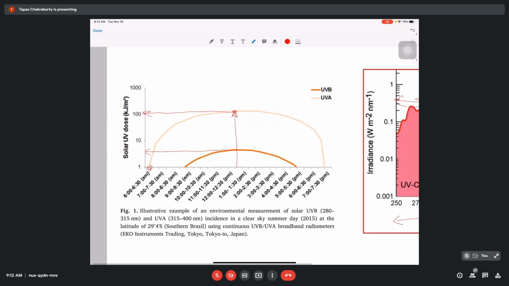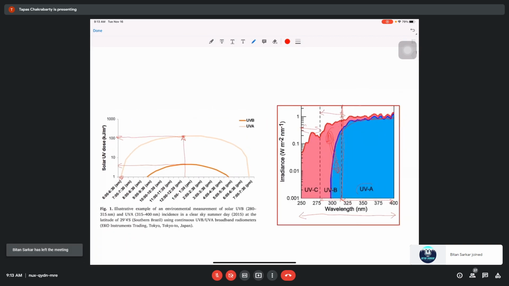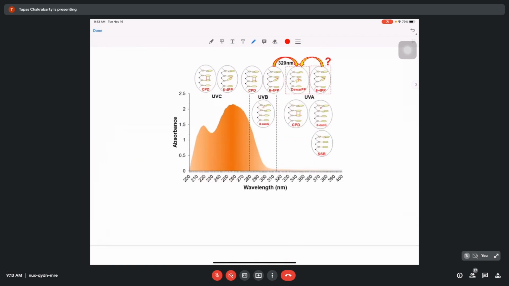Now let me show you the different molecules. You know that if you take a protein molecule, naturally the side chains of these protein molecules, particularly the aromatic residues tryptophan, tyrosine, and phenylalanine, are mostly responsible for the absorption of solar radiation. But the damaging effect, as far as it has been understood, is mostly because of the damage that occurs to the nucleic acids. Okay, so let me show you that.